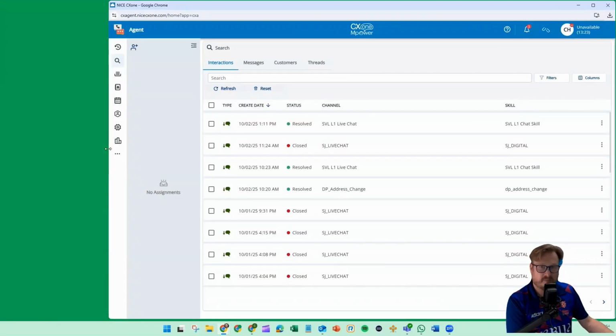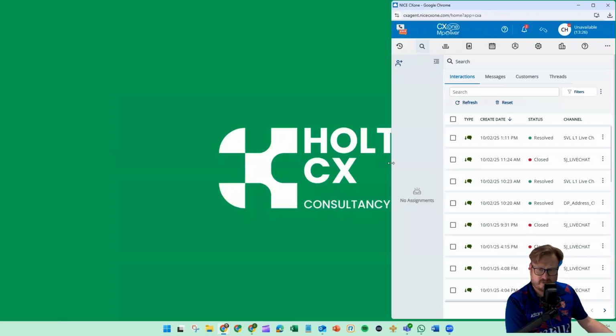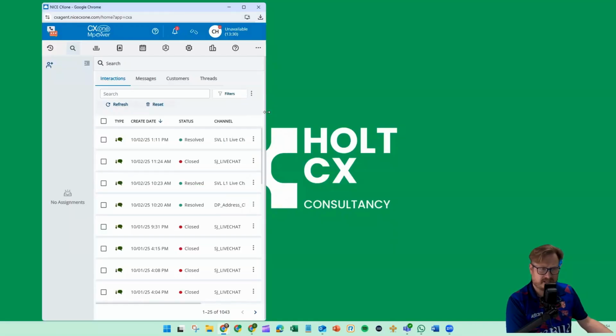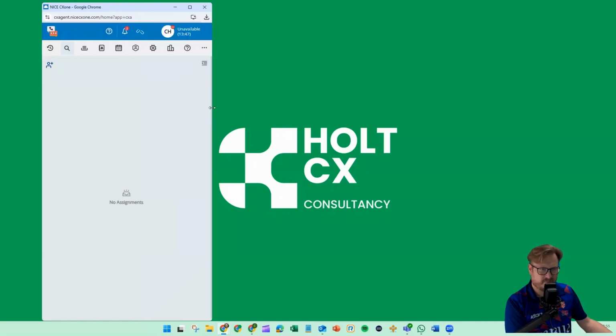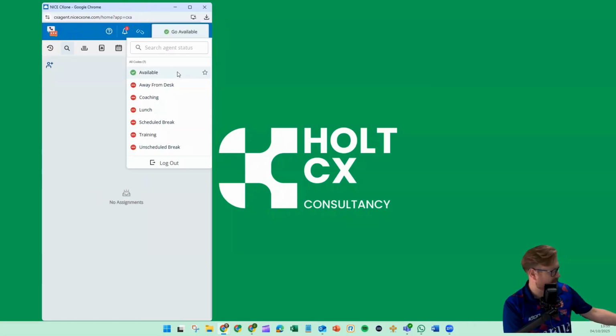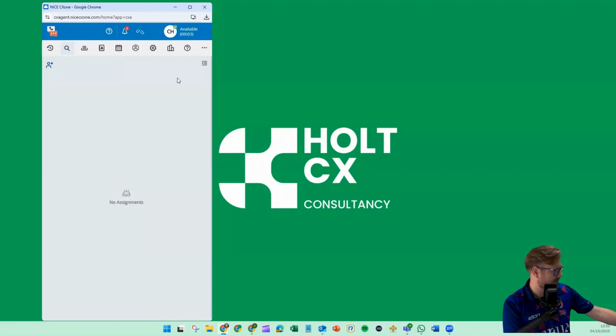We can make it smaller. Once we go to, I think it's about 360 pixels wide, then it starts to take a narrow form. That way, I guess, it looks a little bit like Max. All of your icons move to the top, or they're on the left-hand side if you're in full screen. I'm going to make this a little bit bigger because it just looks a bit ridiculous there. I'm going to go available and we're going to send that call through again.